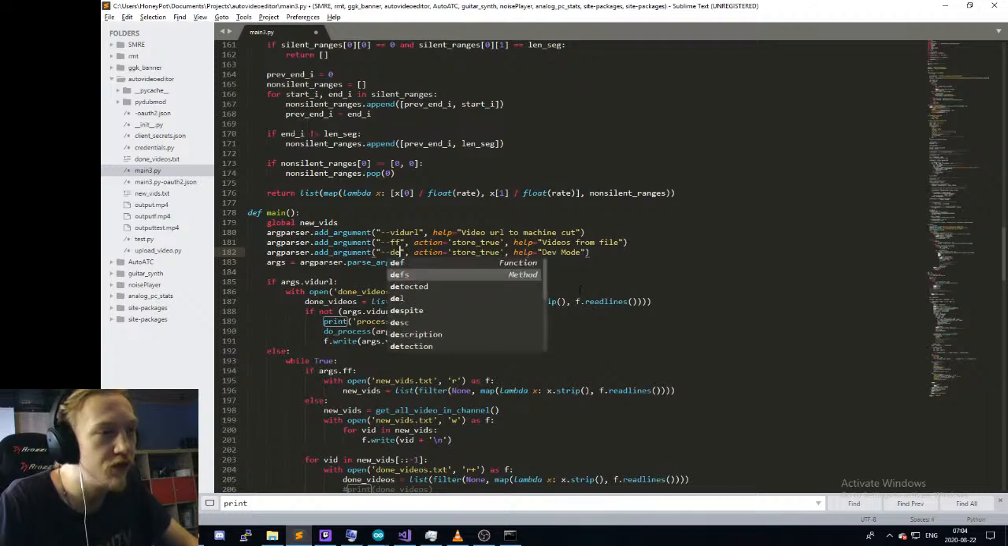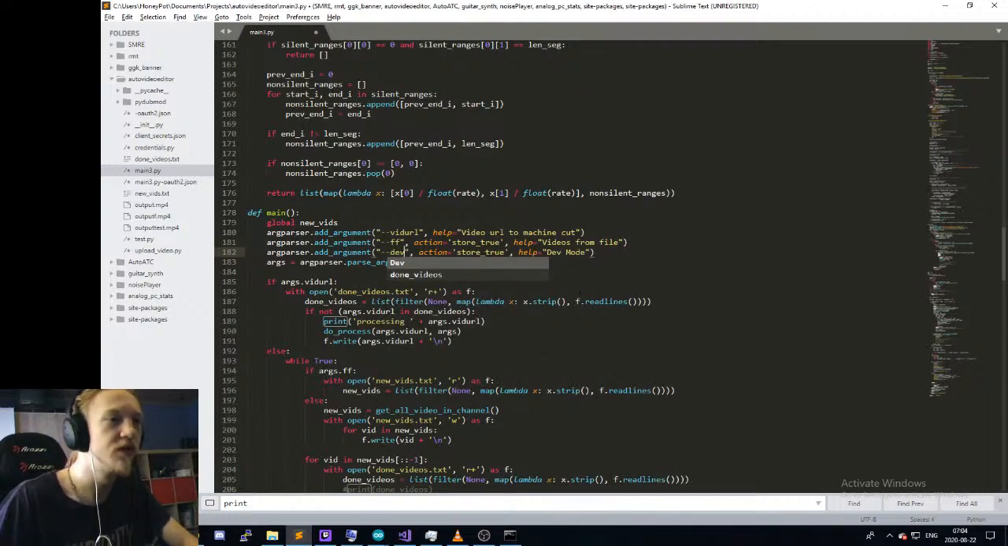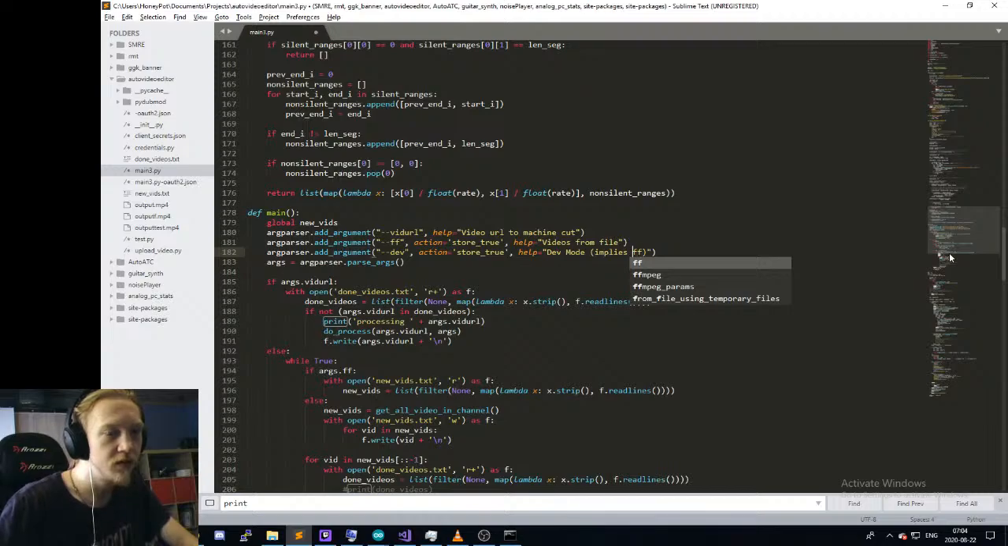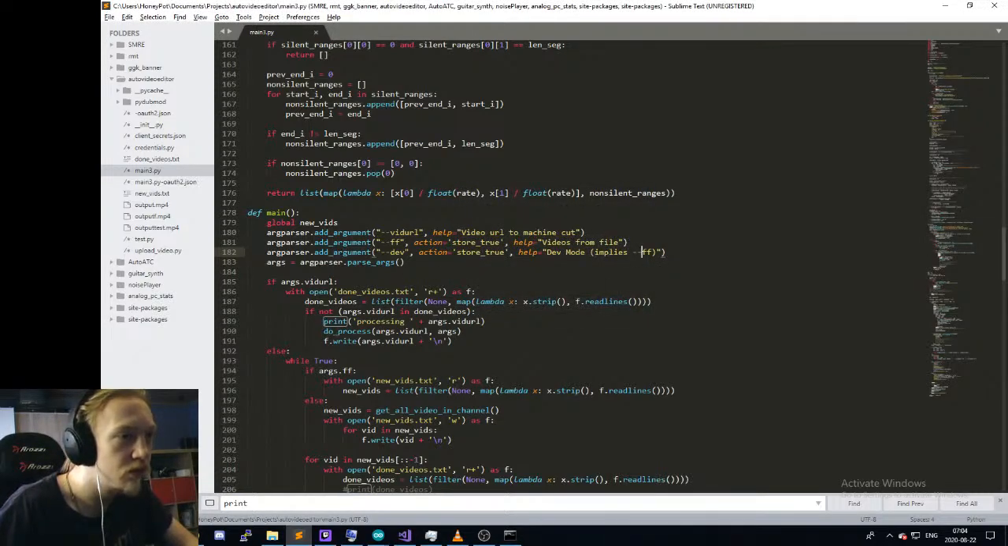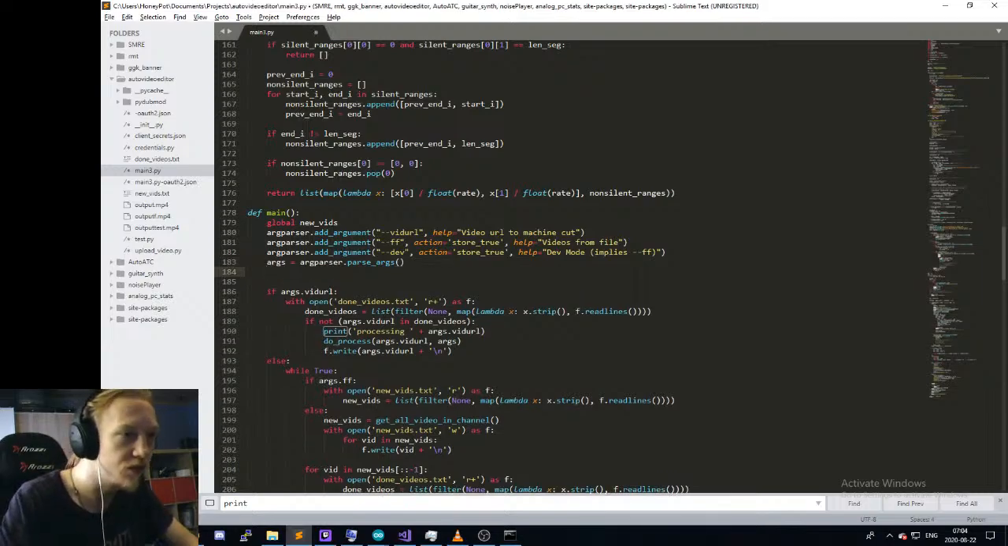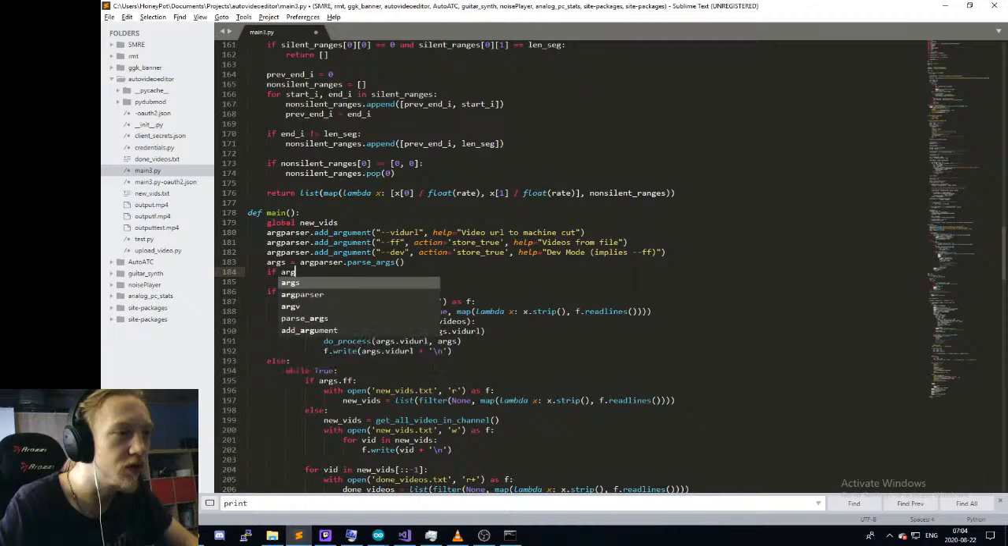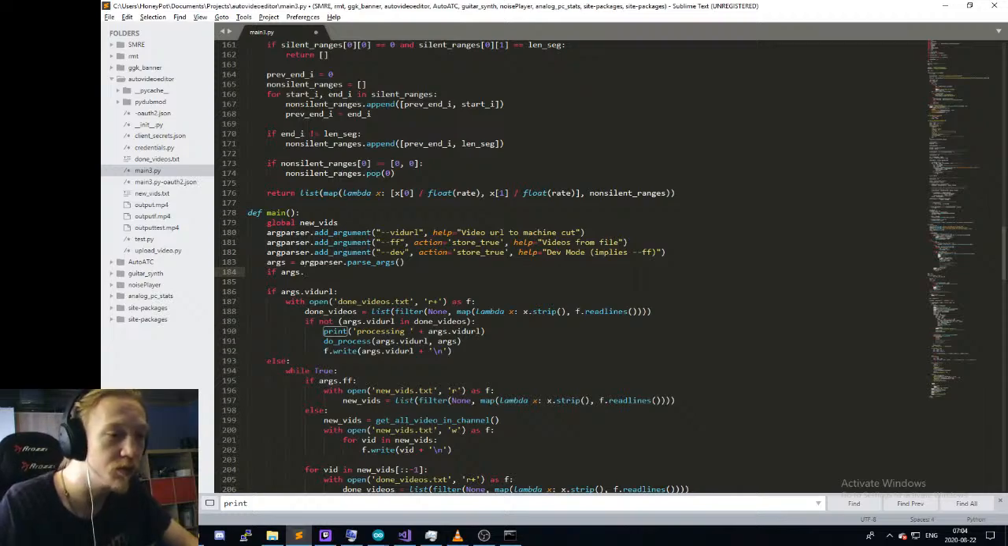What should I call it? Just dev. Now dev implies FF, so I might as well put that in there. And I'll do a check for that there. Like if args. There's probably better ways to do this, but I'm not gonna go and look up a bunch of documentations just to make my code